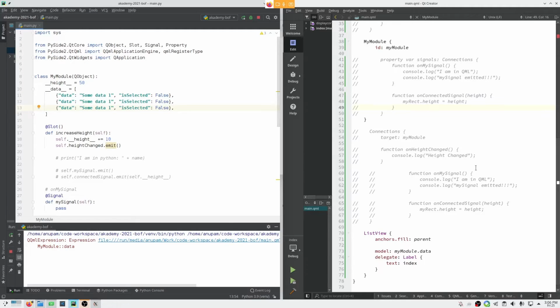Integer to JavaScript integer, string to JavaScript string. You shouldn't need to do anything to convert this data type to a QML supported data type. It should automatically get converted, and in our case, this dictionary should automatically get converted to a JSON object, and we should be able to directly use that data.